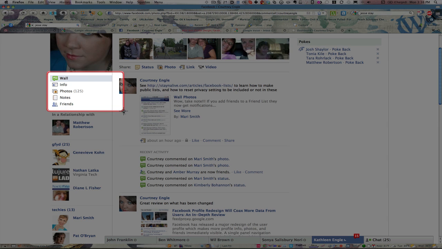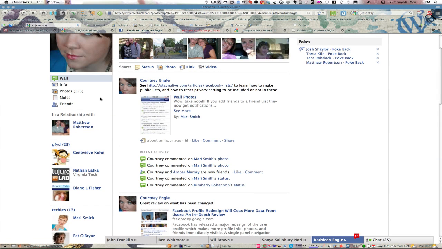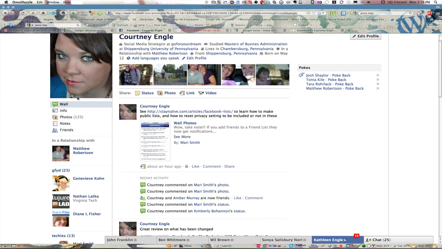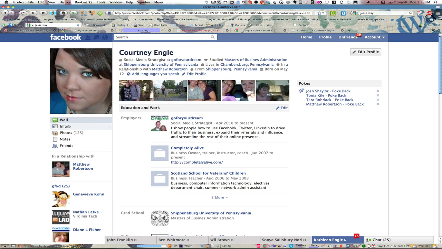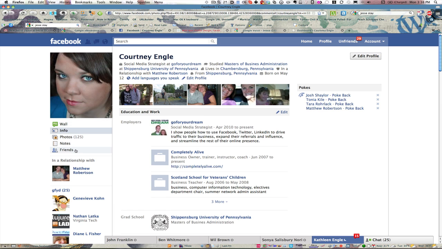Notice on the left-hand side you have what used to be formerly a top navigation area, so it matches a bit of what's going on the main part of Facebook now. As you navigate through this, you'll see that there is just a brief description of the same information at the top of somebody's page. You could get to all of the same things that would have been on the tabs before, such as info, photos, etc.